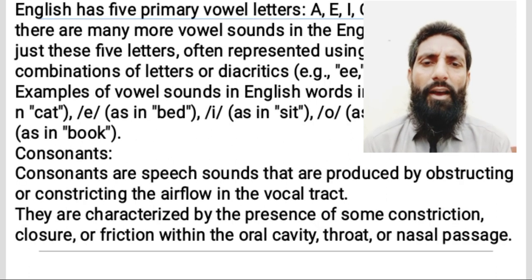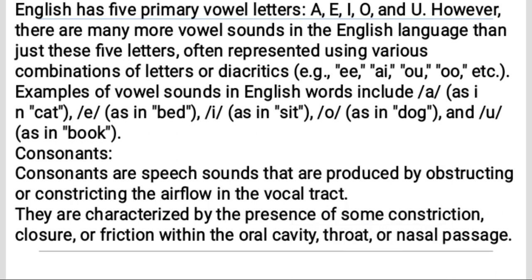English has five primary vowel letters: A, E, I, O, and U. However, there are many more vowel sounds in the English language than just five letters, often represented using various combinations of letters or diacritics. Examples of vowel sounds in English words include